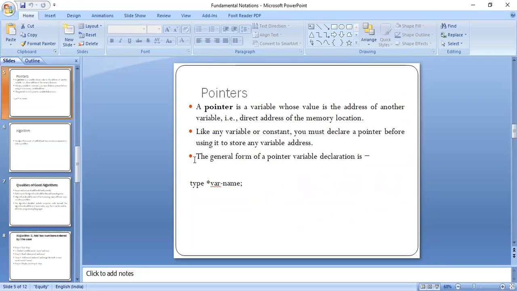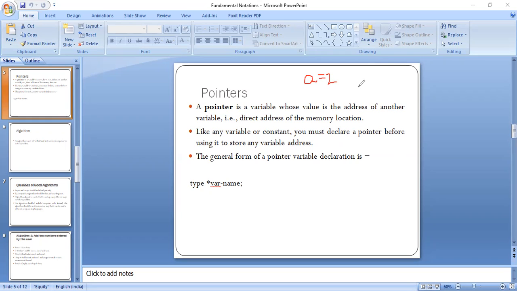Next we have the concept of pointers. Now what are pointers? Variables hold a value, a data, directly. Like if I am saying A is a variable whose value is 2, so it is a variable.